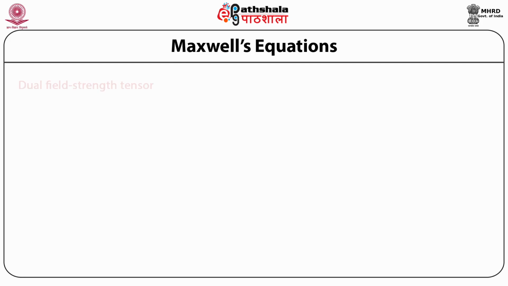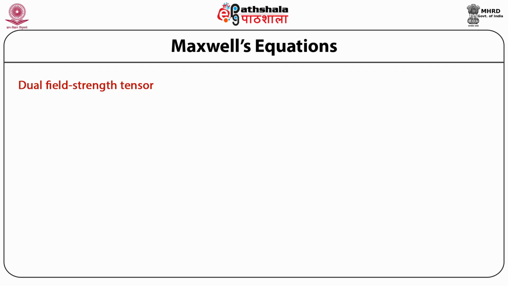Maxwell's equations, dual field strength tensor. Now there is another way of defining the electric field and the magnetic field in terms of the tensorial notations. So one of the ways was that we had used the field strength tensor, and another way is to define the dual field strength tensor. So in order to define the electric field and the magnetic field in terms of this dual field strength tensor,